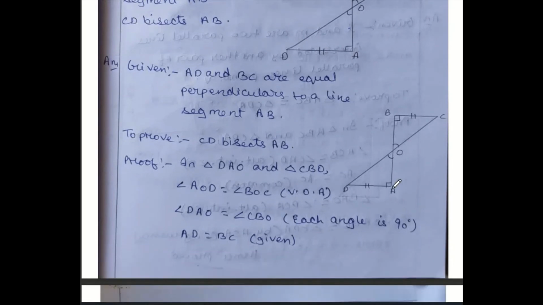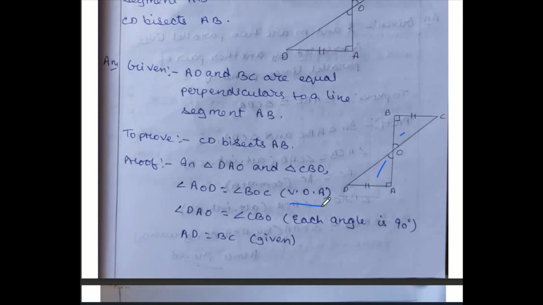Now, to prove this, your first duty is to make both the triangles congruent. So, this triangle and this triangle, we are going to make both congruent. This triangle name I have taken DAO and this triangle CBO. In both the triangles, you can see this angle and this angle both are matching. Because when two lines are crossing, you know that vertically opposite angles are equal. So, angle AOD and angle BOC both are same. Inside the bracket, the reason you can write is V.O.A.